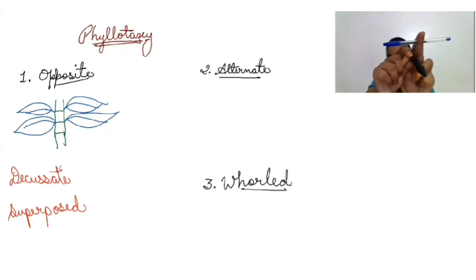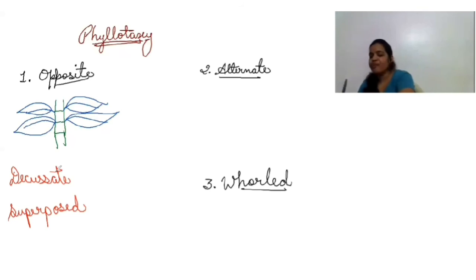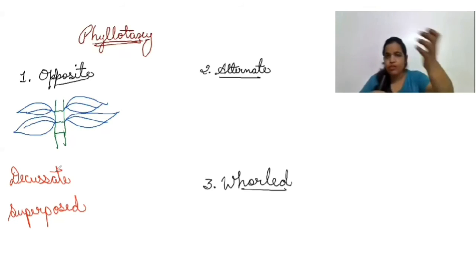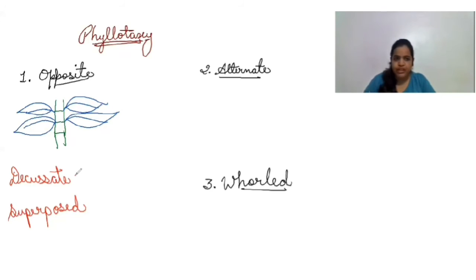Now, the further one will again be present at 90 degrees to the one just above it. So the leaf pairs are basically present at 90 degrees with the one present just above or just below. Clear? Such type of arrangement is known as decussate and the example is Calotropis. What is the example? Calotropis.